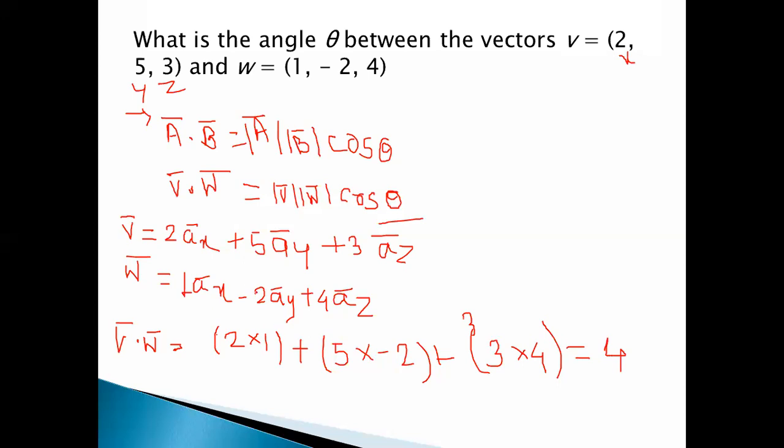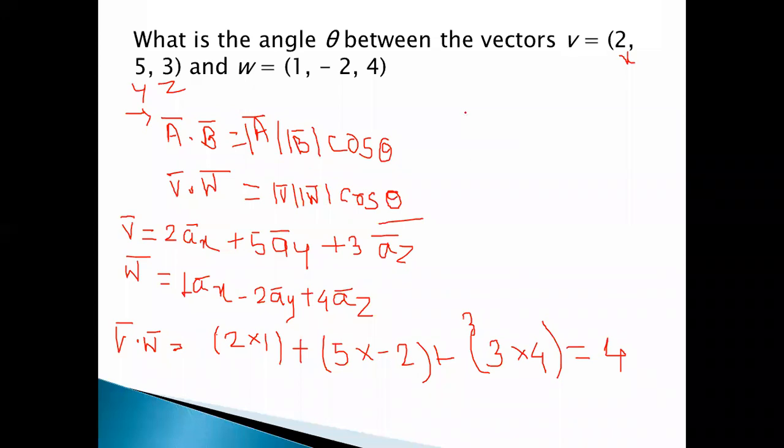And all of you go step by step. If it is V bar dot W bar, then first write these two vectors, because for steps also there are marks. Don't consider that your exam will be online only, meaning MCQ type only. If it is offline, your steps are important. For steps also there are marks, right? So don't skip any step, and don't jump to the answer.